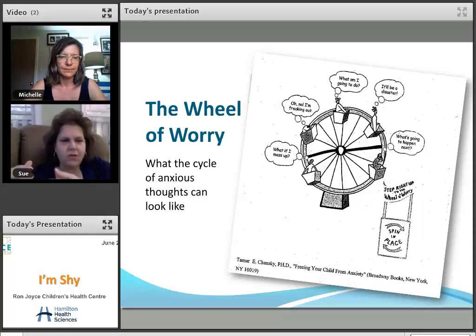And I pick up another set of worries, and I'm thinking about that. And then that festers, and then I'm picking up another one. And there's no place to offload or get rid of those thoughts. They just continue to keep building and festering and getting bigger and bigger,